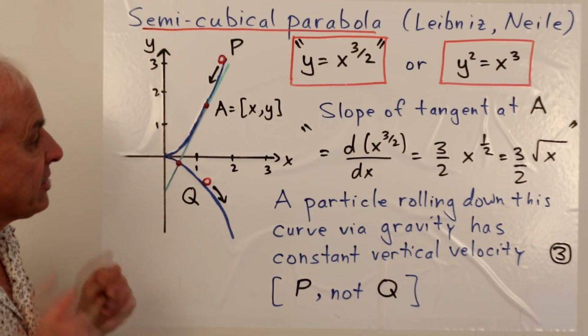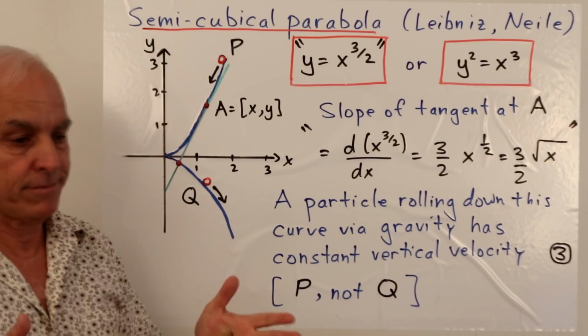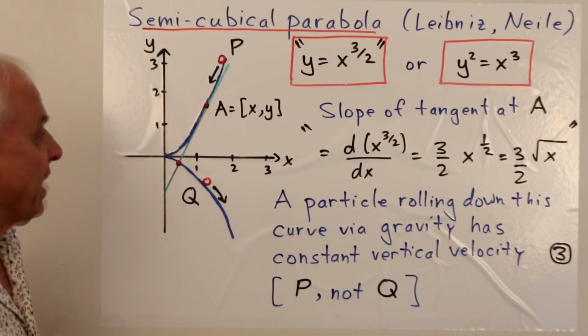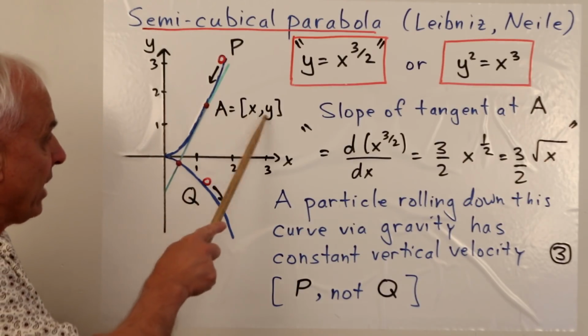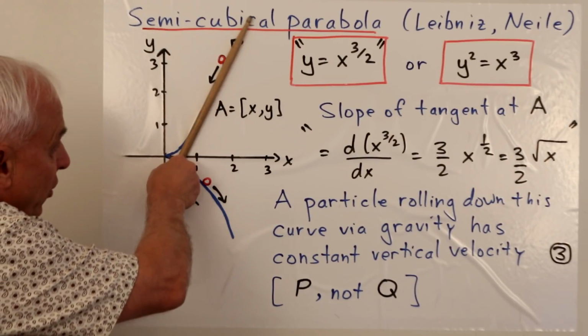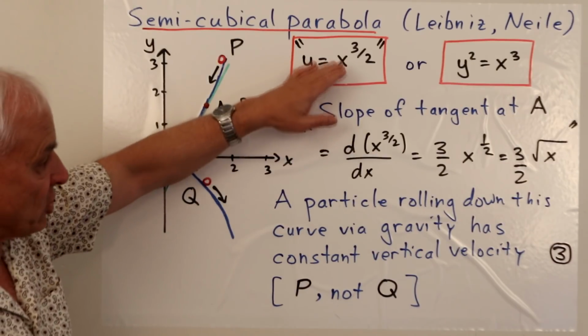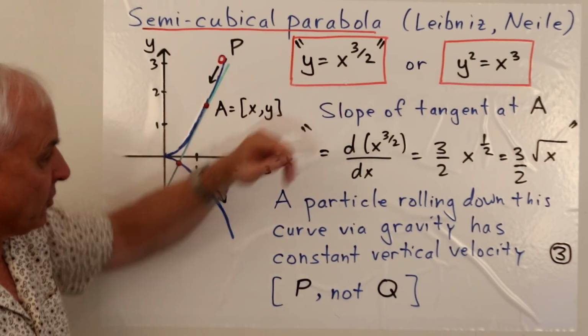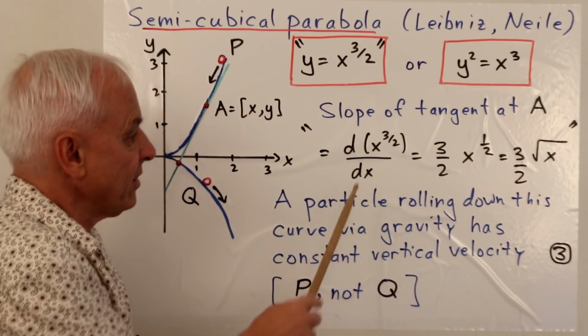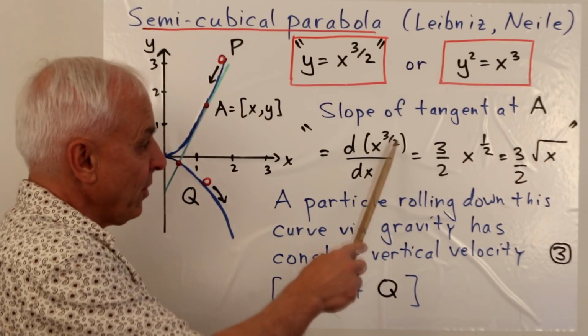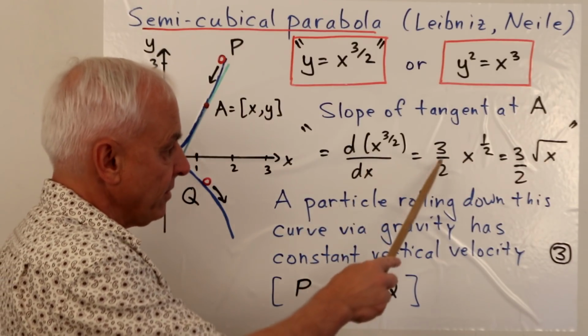Okay, now in classical calculus, you might be interested in the derivative, the slope of a tangent. So here's a point A on it, say (x, y), and there's the tangent to the curve. And to get the slope of that tangent, you want to differentiate this, and the standard story is that the derivative of this, you still apply the same kind of rule, even though it's not really a polynomial, but the same rule applies.